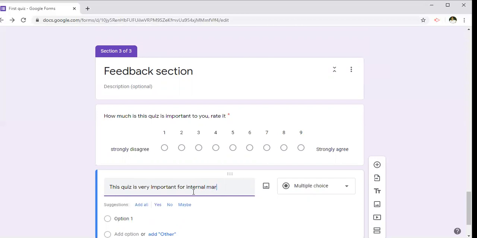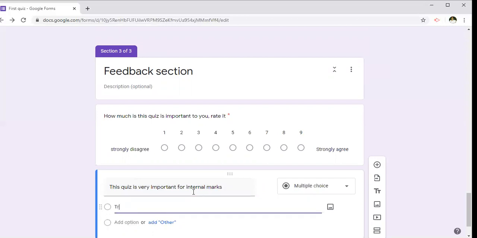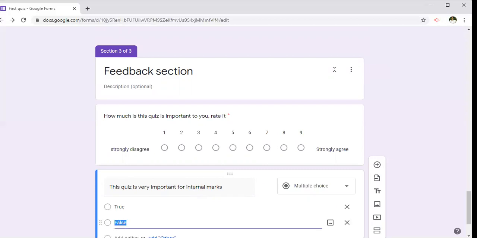So you can give it as true or false. For the next option, you can give us false.